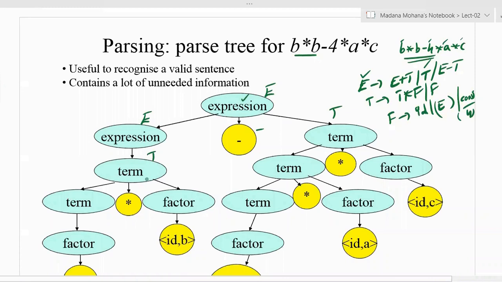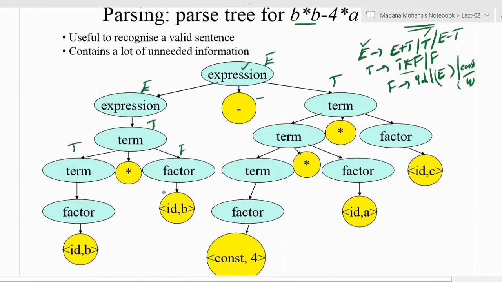Then T you need to substitute with the into combination, that is T into F. So from left to right you can simplify here. It is not an issue whether you apply leftmost or rightmost derivation, any derivation works.